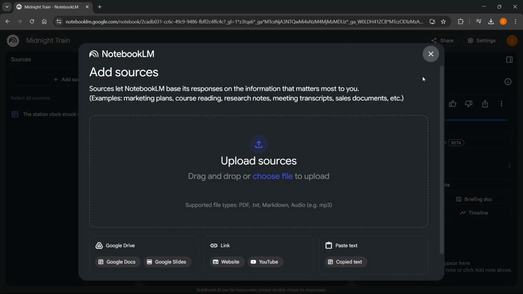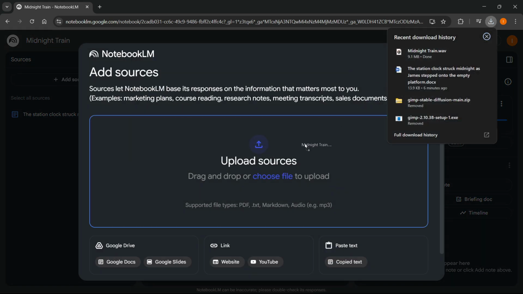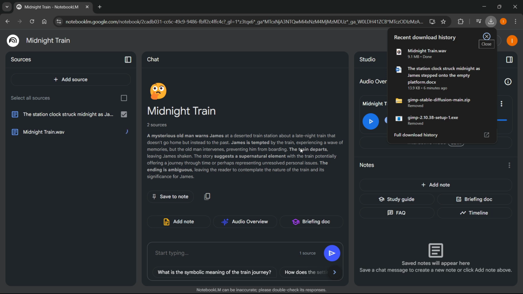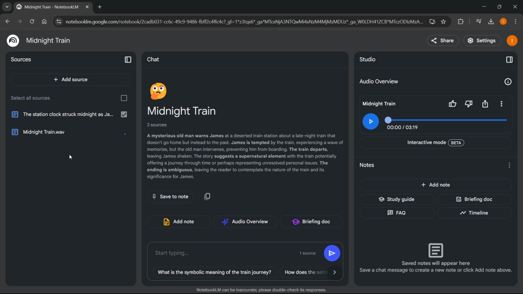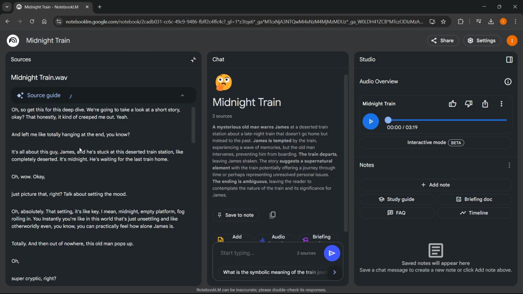So click add source and then drag and drop this new thing in here, the generated audio, and this will start loading in over here. This may take a few seconds as well, and as you can see, it's still processing. There we go. Now once this stops loading, you can simply click on that, and as you can see, you